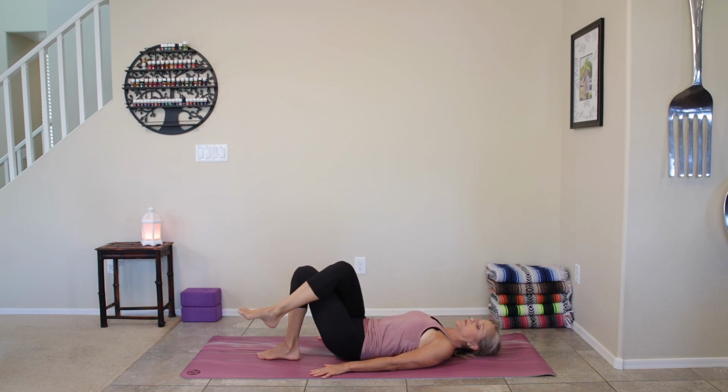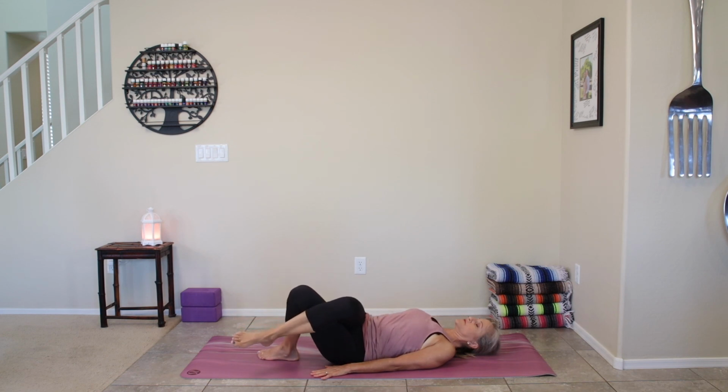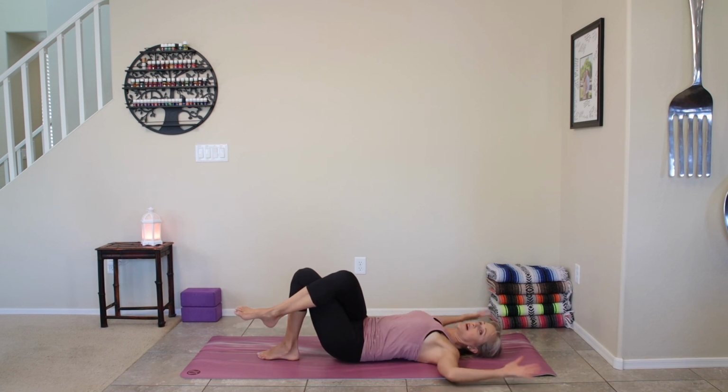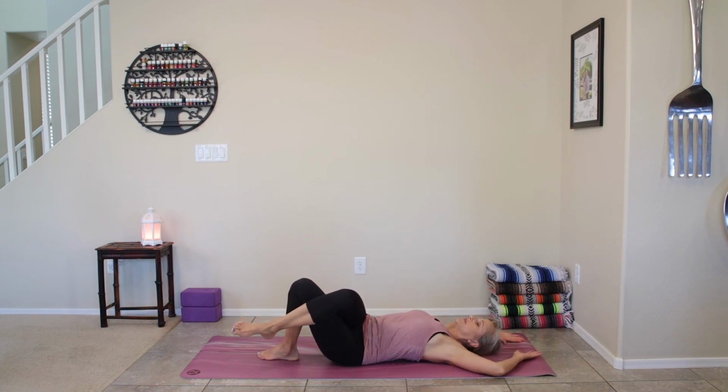Cross the right thigh nice and tight over the left thigh. And then start to drop both legs to your left. Now, option to bring your arms out to the side, cactus arms, or you can even just bring them up a little bit over your head, but relaxed on the mat. One more breath. And then we're going to come back to center,